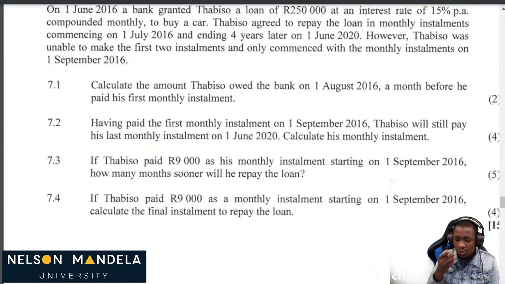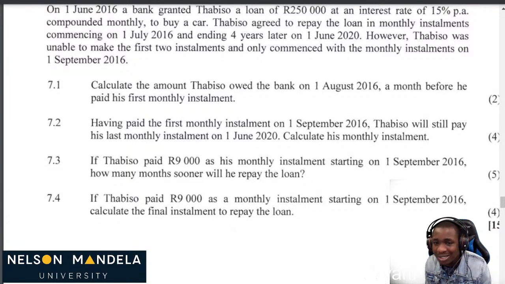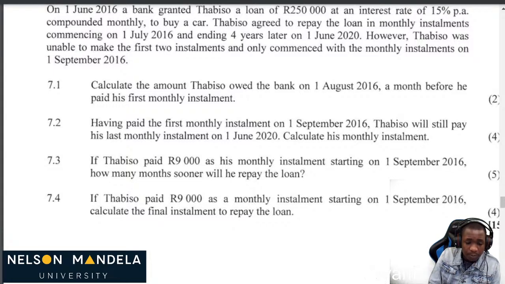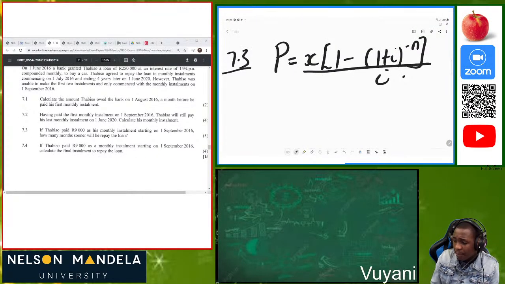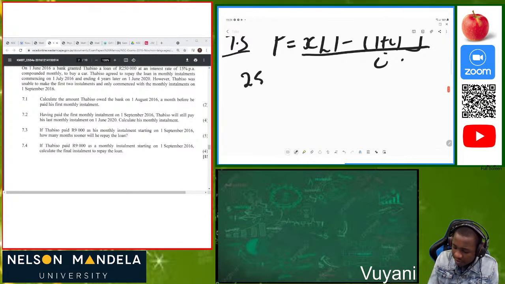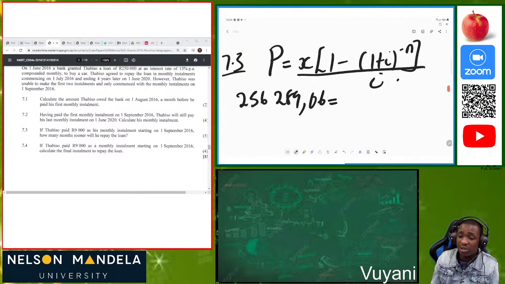So now, seeing that question, again we're going to use our principal equation because he was given a loan, which says P equal to X, 1 minus 1 plus i, all to the power negative n, divided by i. So what is our P? Our P is 256,289 rand 06, which is equal to